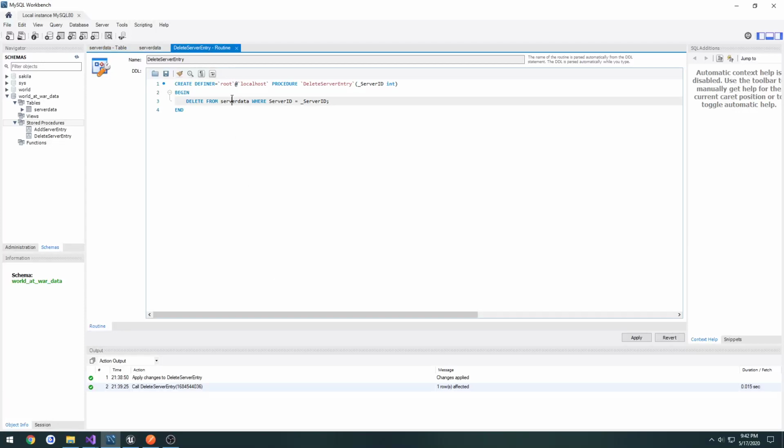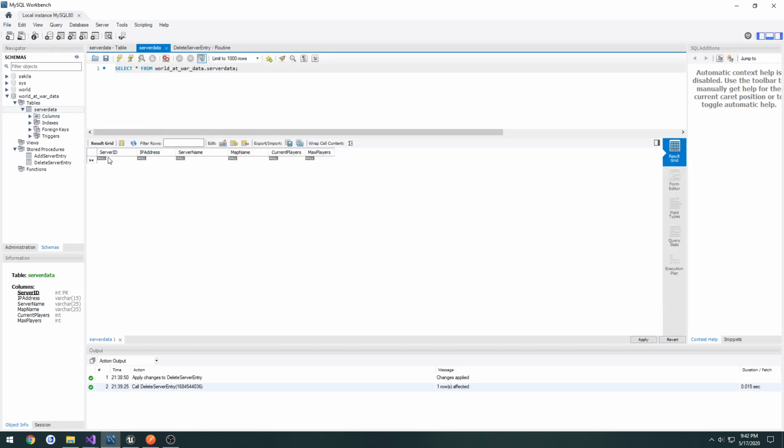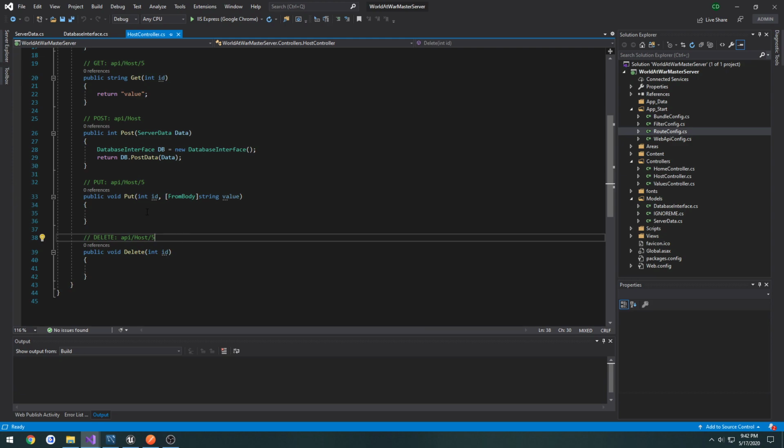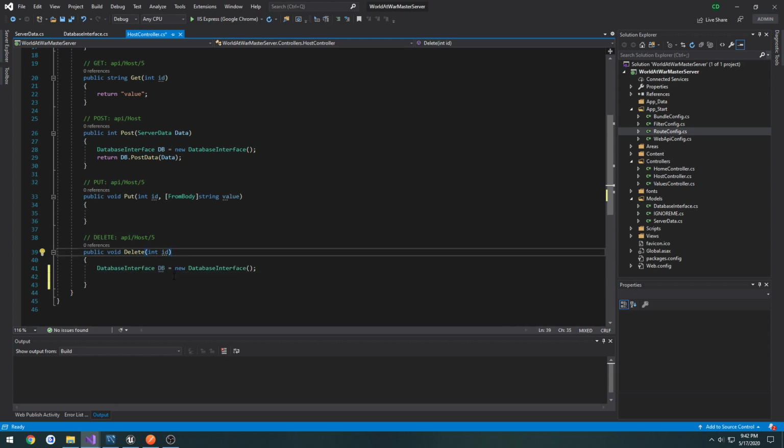So in the last video, we created a procedure called delete server entry, and it takes in an integer, and that integer corresponds to the server ID of the entry. So we're going to create a function in our database interface that goes through and pretty much just deletes it for us. So what I'm going to do is create a new class inside of delete,